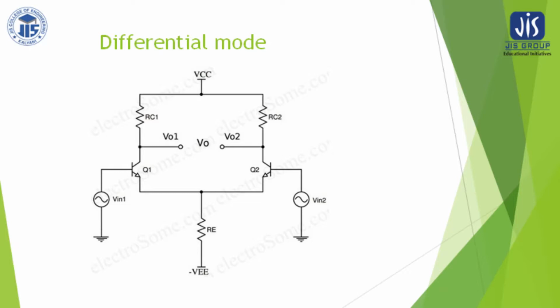So this is equal to V1, this is equal to minus V2. So therefore our V1 is equal to V by 2 and V2 is equal to minus V by 2. So therefore we got the two inputs to be applied to the differential amplifier so that we can get the differential output. So let us apply this to the differential amplifier.